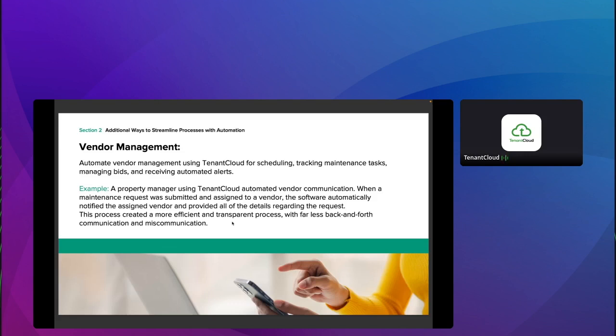So, for example, if a tenant submits a maintenance request and it needs outside assistance to resolve it, you can assign it to a vendor. You can then allow that vendor, if you want, to communicate with the tenant through the TC Messenger. They can chat with the tenant and say, hey, I'm planning on stopping by at such and such time. Will you be available? What's the alarm code? Do you have pets? They can put that into the ticket if they want to. And all of that information is contained and is stored for historical records,